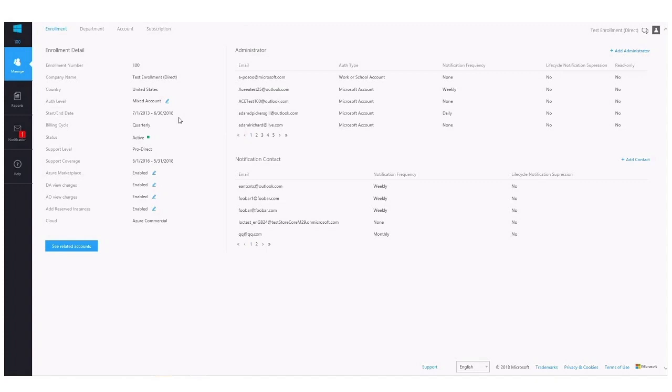Again, starting at the top, the Enterprise Portal, that's ea.azure.com. Now, when you log into the Azure Enterprise Portal, you'll come to this page. This is the enrollment detail page. Actually, this is a page only the enterprise administrators have access to. You'll notice here on the left side, you have some information on your company, and then on the right side, you're seeing all of the enterprise administrators listed out. Now, I do want to highlight all of the editable features here that you're seeing with the blue pen next to them, starting with the authentication level.